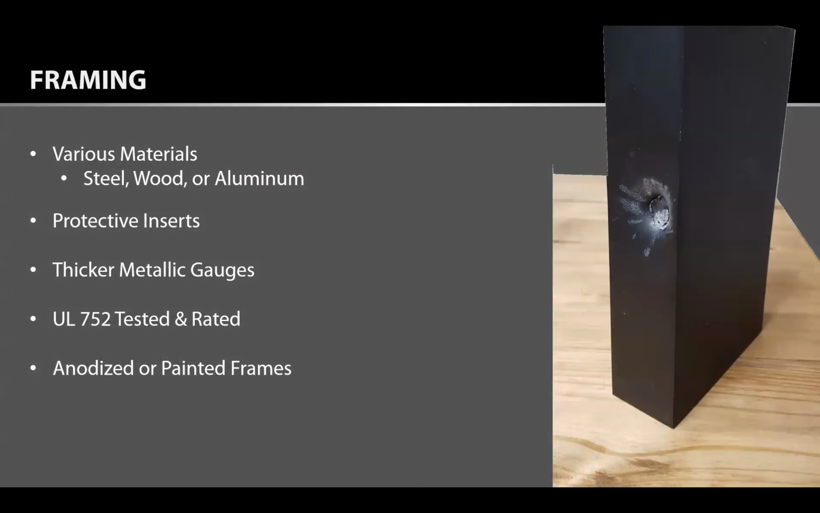But how do we protect the framing as well? Because yes, 10 times out of 10, people are going to be shooting at the glass to try to penetrate through to the other side. Next place they might start shooting would potentially be the framing or the metallic members. So you can do one of two things. One, either utilize a thicker gauge of aluminum or insert steel into the actual frames to offer an additional layer